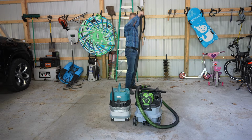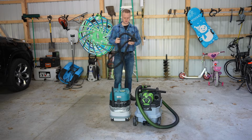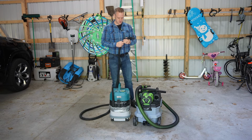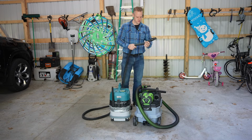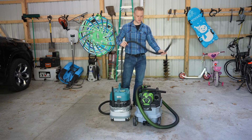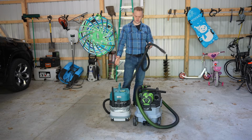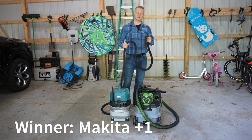With the Makita, you have a much longer cord, and I will say much more flexible. I would say it's probably close to a 10-foot cord. Maybe I'll try to measure these and confirm. And it's maybe not as hard duty. You can squish the hose, but it's much more flexible and it's lighter. And so I would say the first point I would have to give to Makita